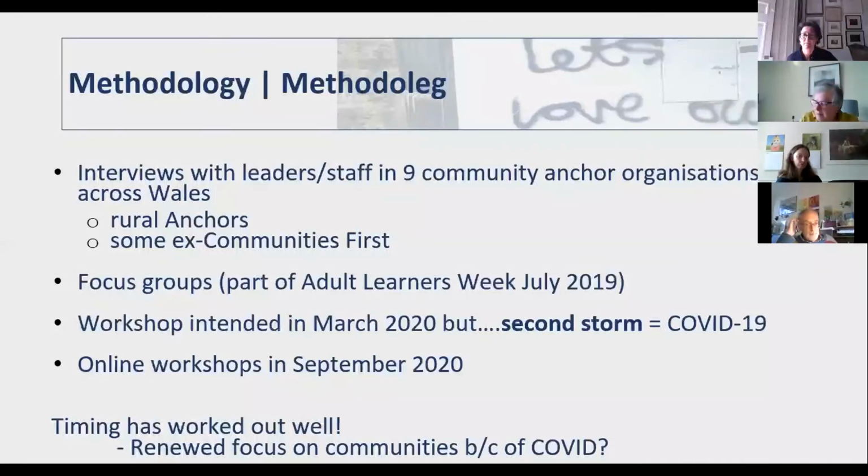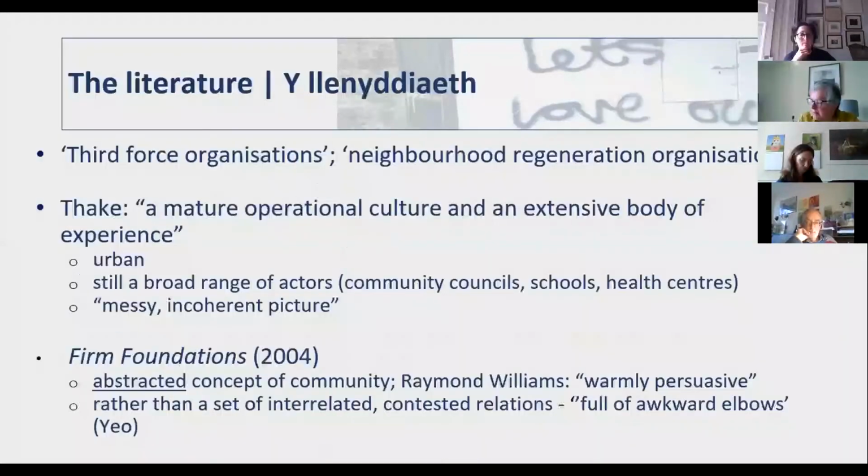Sue mentioned it in her introduction, I think we used the term community spirit, Sue, being quite strong or stronger than it's been for a while. I think certainly there's been a renewed focus on communities off the back of the pandemic. We've already had one or two interesting conversations with Welsh Government to that effect. But clearly with the election happening and everything that will follow, I don't think some of that's going to be public for a while.